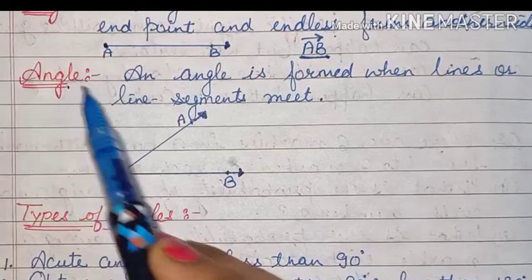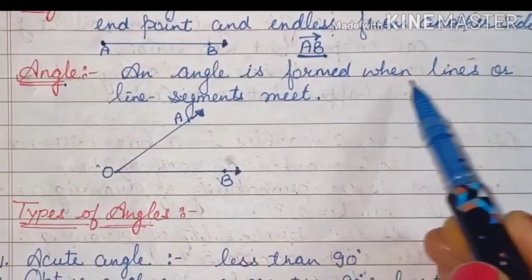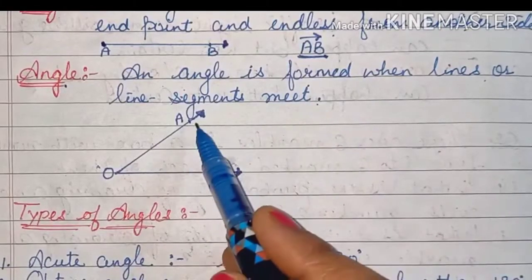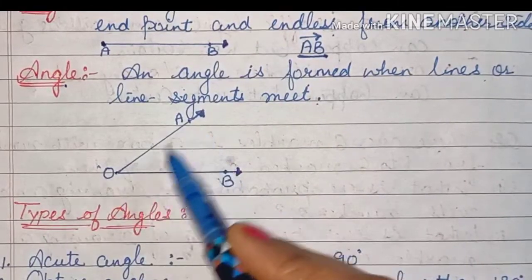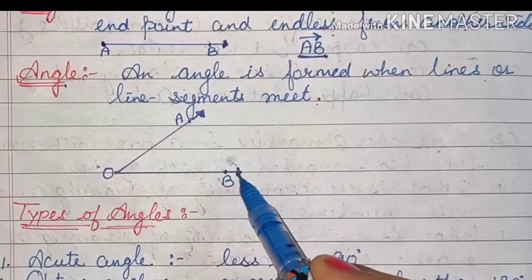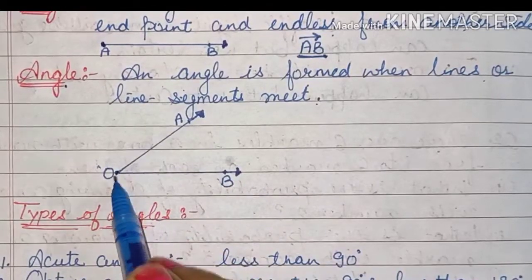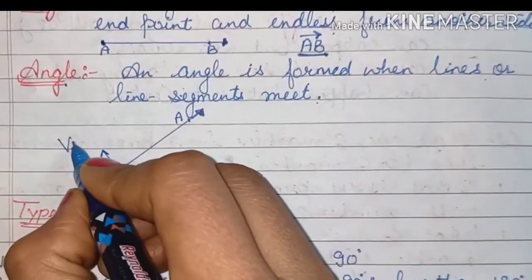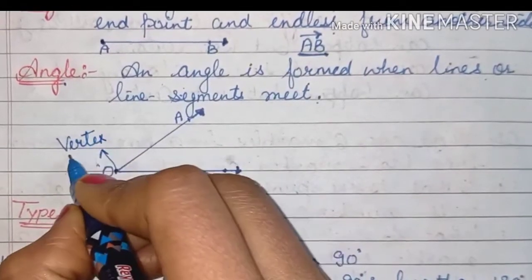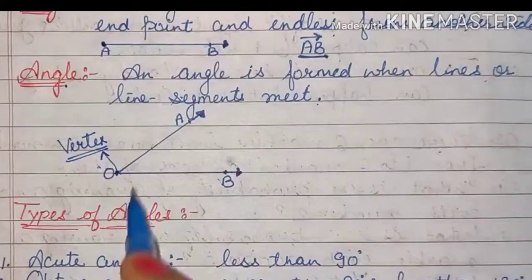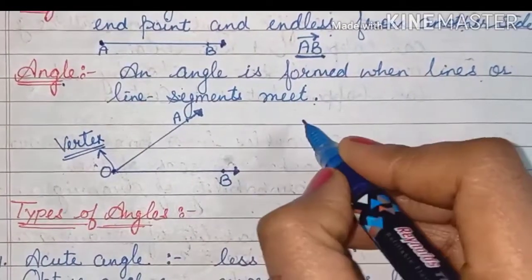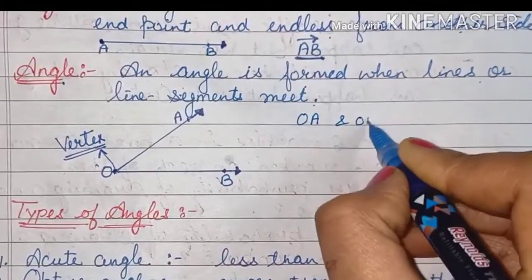Next is angle. An angle is formed when lines or line segments meet. So here you can see that lines OA and OB are meeting at point O. So here O, this meeting point, will be known as the vertex. OA and OB,